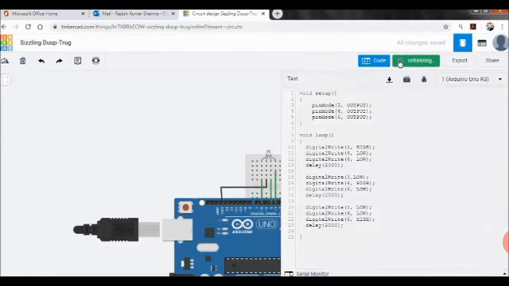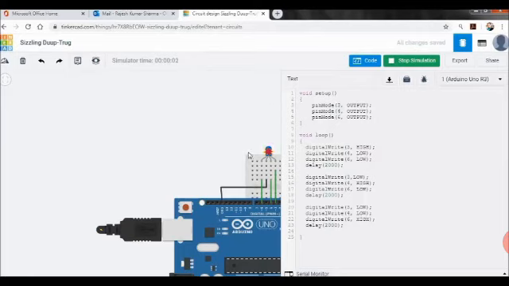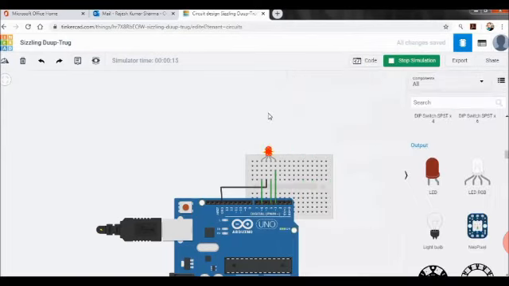So now let's see. You'll be able to see something like this: the LED is blasting. You can see there is a change in color, but it seems like it is blasting. So why? Because now we have selected pin number 3, 4 and 6, and these pins basically give an output of 5 volt, and that 5 volt is quite high for the LED. So it is giving you the warning that this RGB will get damaged. So you must do something, that is, you must drop down the voltage or reduce the power.